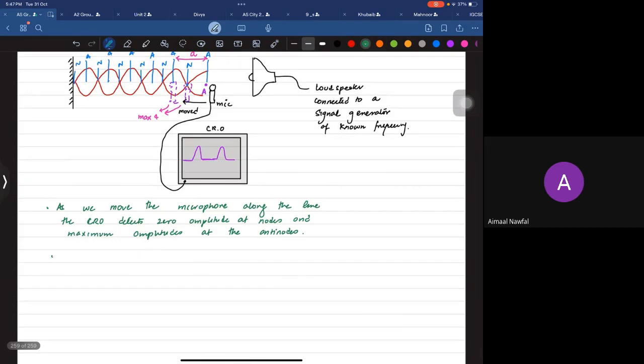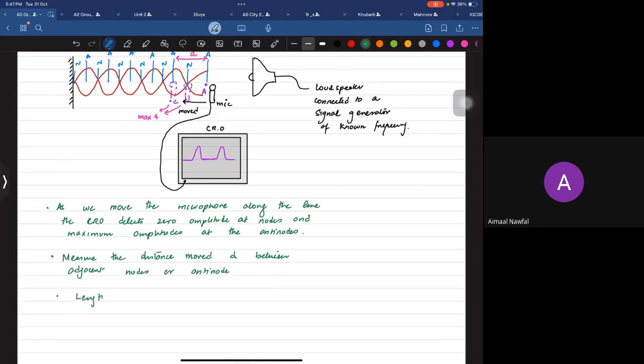Now measure the distance moved, d, between adjacent nodes or antinodes. It's up to you. Either you want to go from zero amplitude to zero, or maximum. It's up to you. And then